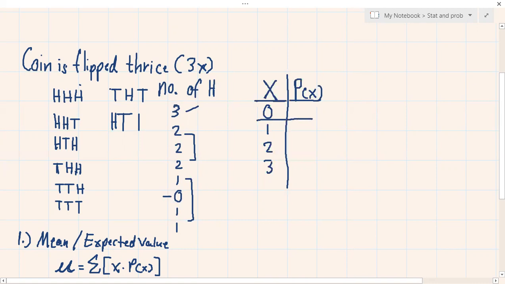Okay? Una, si 0. Okay? Ilan si 0 dito? Pero before that, let's take a look kung ilan yung total outcomes nila. Di ba? 8, di ba? So there are a total of 8 outcomes. So, ilan kaya si 0 dito? Di ba? Isa lang. Isa lang si 0. So that means there is 1 out of 8 possible outcomes na wala talagang head sa pag-flip ko ng coin ng 3 beses. So 1 all over 8. Alright?